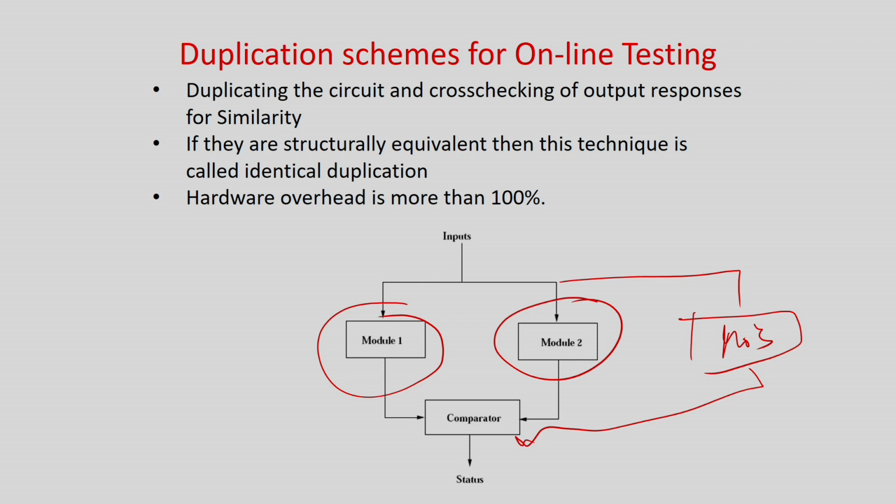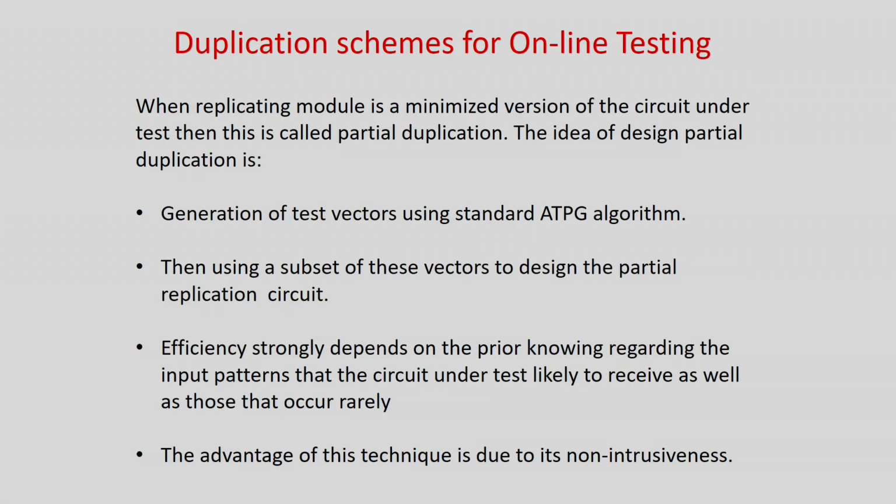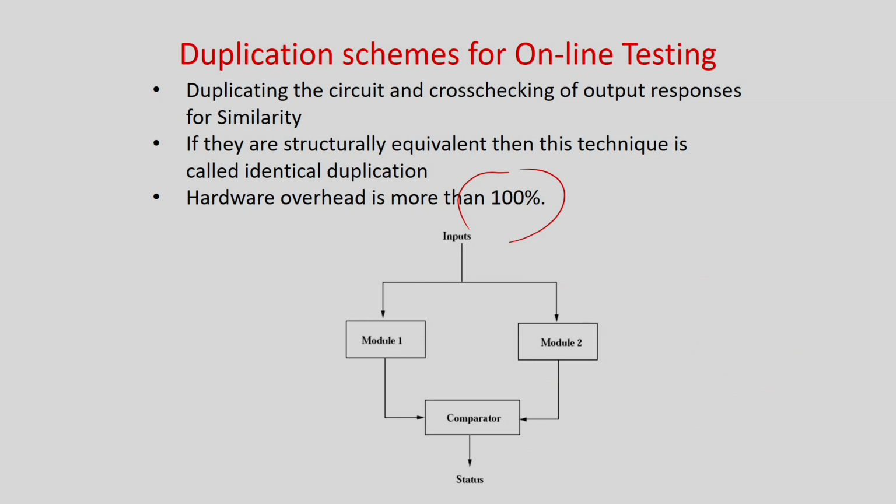So if all 3 are giving the same answer, no problem. If there is a problem, you take the majority vote. The assumption is most likely only one of them will develop the error. But in this case the area overhead becomes very high. Then people started thinking about partial duplication, asking why unnecessarily replicate everything, because anyway in the case of error detecting codes you are also making very strong assumptions that only unidirectional errors will be there. That means I am restricting the stuck-at faults which will lead to only unidirectional errors.